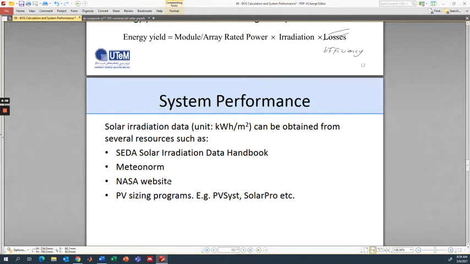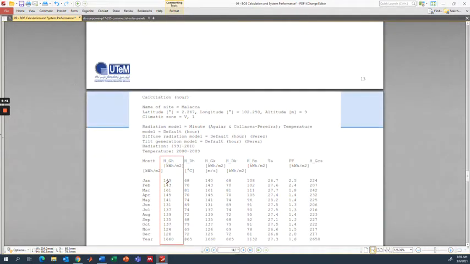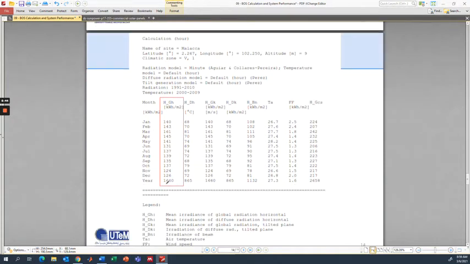And when we key in, we'll get something like this. Okay, so when we use the Meteonorm software, we put in our coordinates, the latitude, longitude, and the altitude, and so on, and we put in the radiation model that we want. For this subject, we just take the default. We don't go into details on what models we want to use. It's for a separate, more advanced topic. We just key in the latitude and longitude, and it produces the output here.